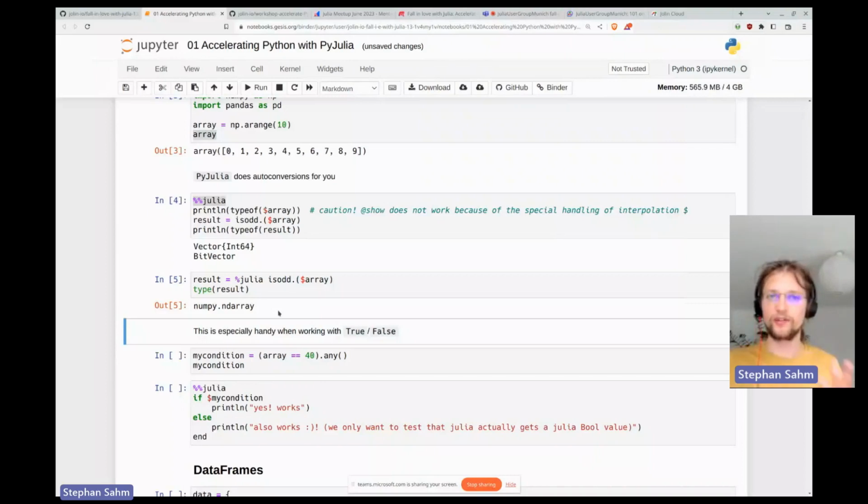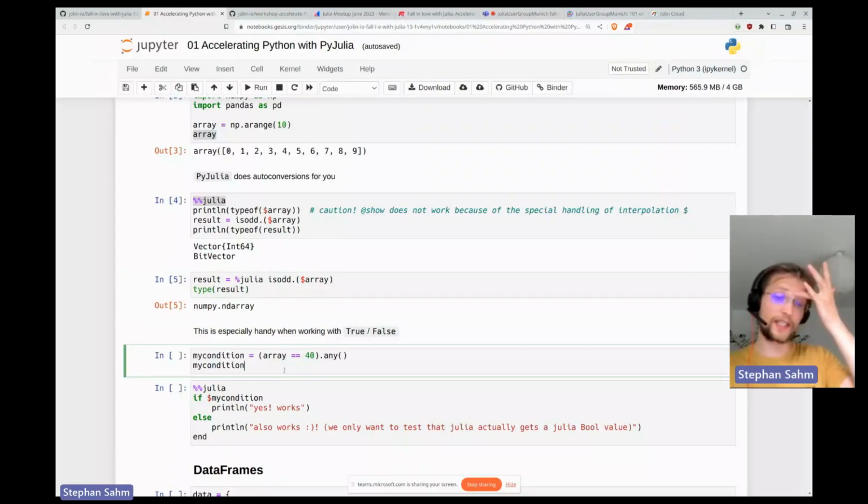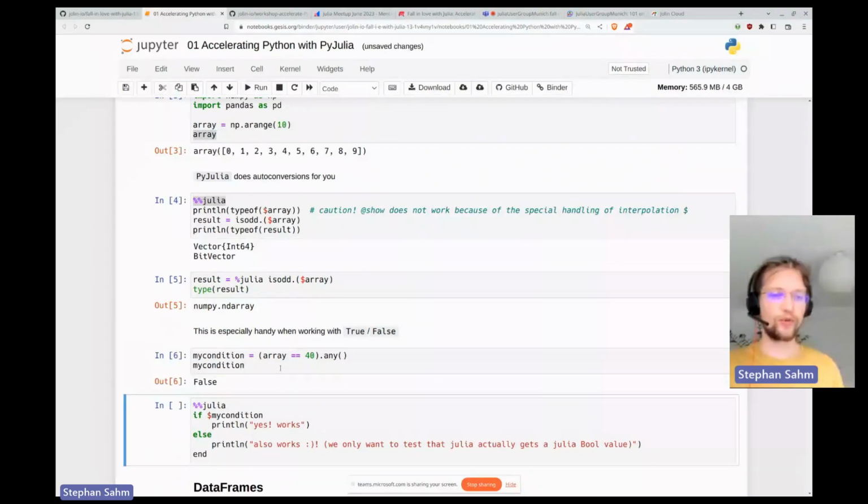And this is the flavor which this first package, PyCall, gives to you. It is really meant to auto-convert things back and forth to the standard representation in Python or in Julia. So this makes it very easy to work with. And one example, which you will see is different if we use the other package, is that we can use Boolean values. Here I make some simple example, so I compare the array element-wise to some value,